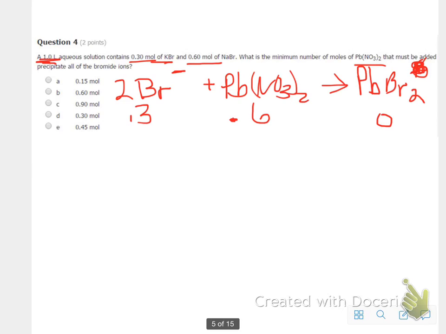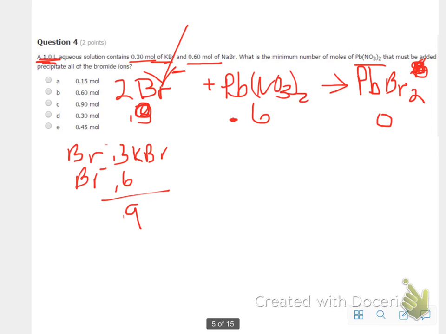Whoops, that was wrong. I have 2 sources of bromine. I have 0.3 from the KBr, right? And bromine from the NaBr is 0.6. And I can just add those together, and I end up with 0.9 moles of bromine here. Okay? And